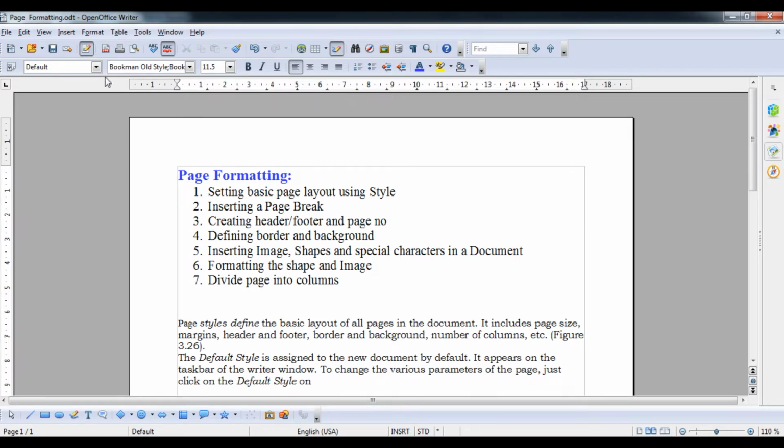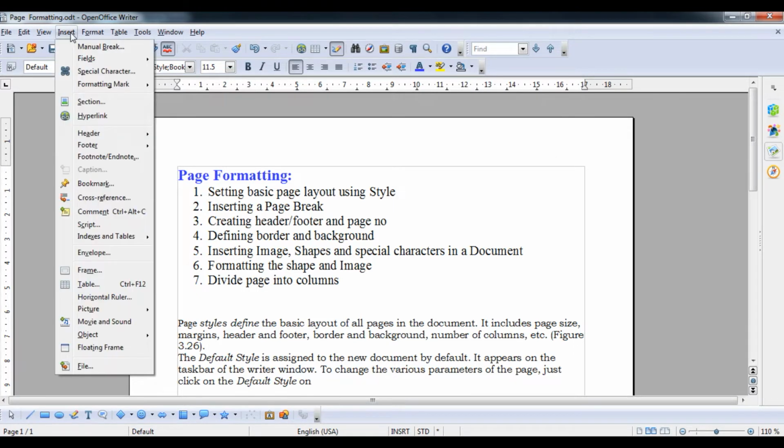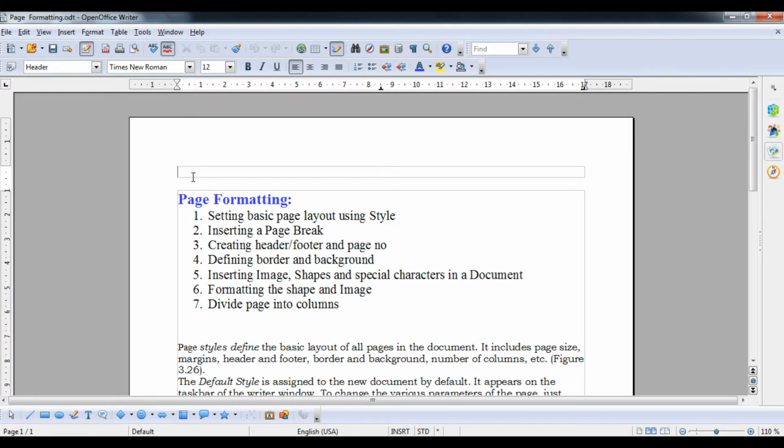To do that, we go to the Insert option, and then you can see the Header option. After that, the Default option will come. As you click Default, a block will appear which asks you to enter something. Suppose today we are understanding page formatting, so you can write here